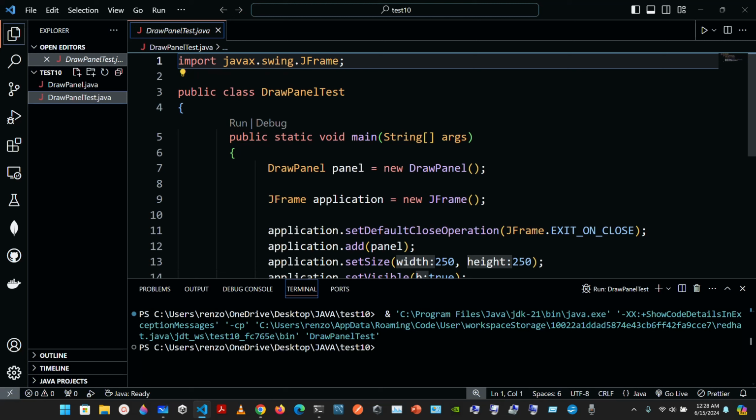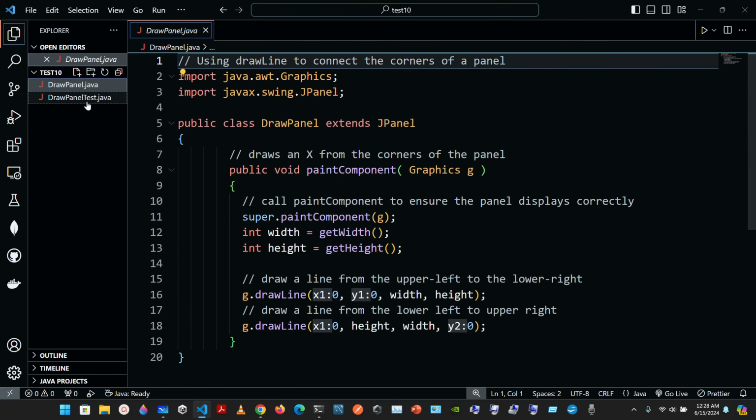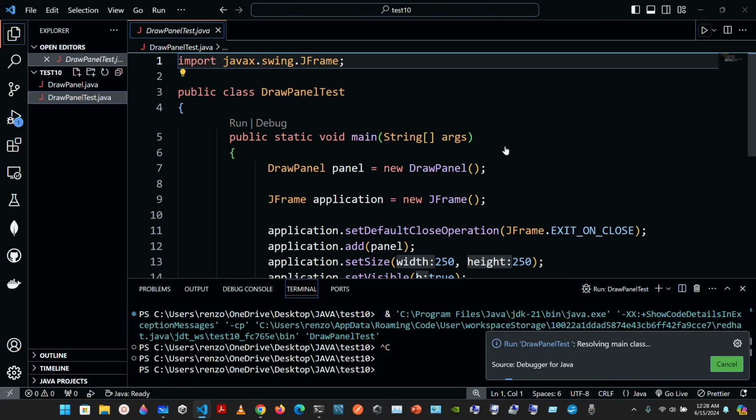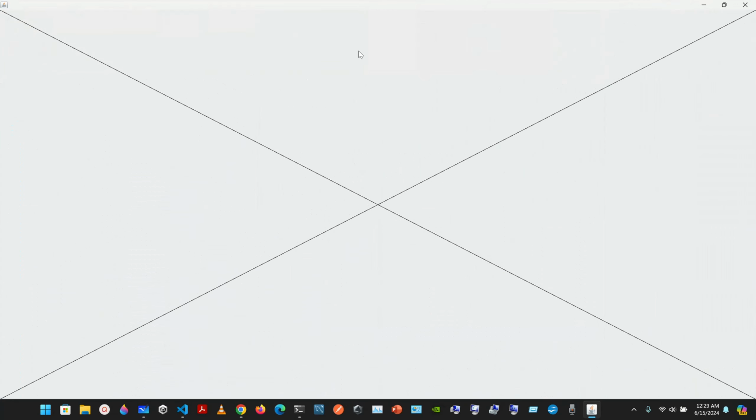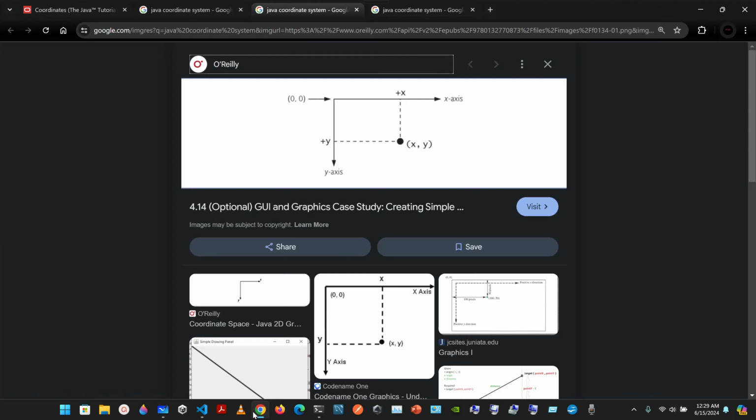So now we're going to see a Java GUI example, using Java's coordinate system, but it's going to be very basic. This is the code that has the main method, and here are the basic integers. If we play it, we get this result, this GUI. By default, the upper left corner of a GUI component has the coordinate